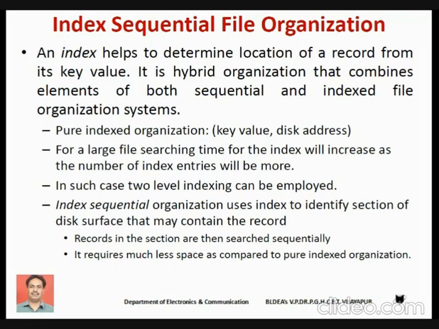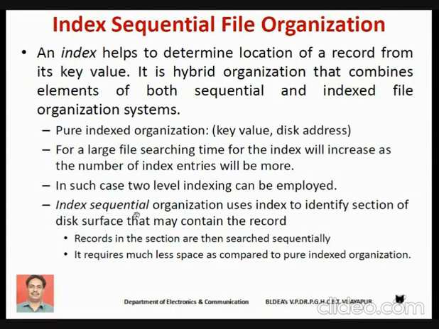Say, if I have 1,000 records, I'll store the address of the first record, the address of the 10th record, the address of the 20th record, and so on. If you require the 15th record, you directly go to the address of the 10th record, and from there onwards you carry out sequential accessing to reach the 15th record. Such a concept we call index sequential organization.